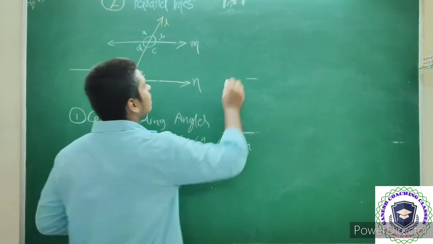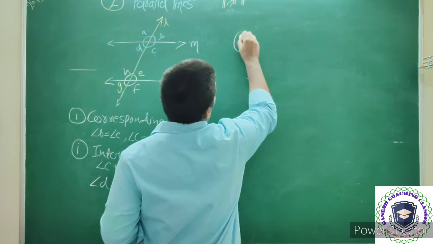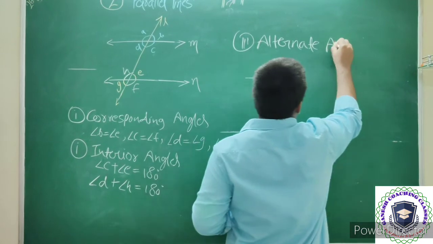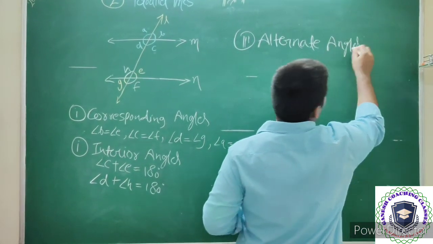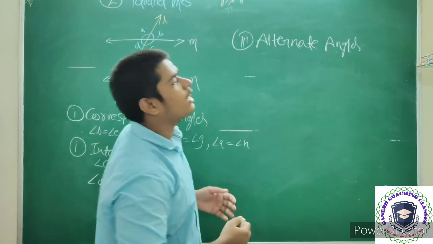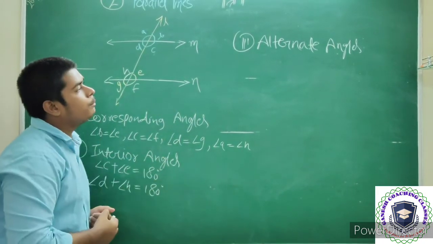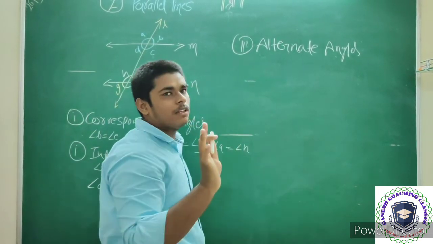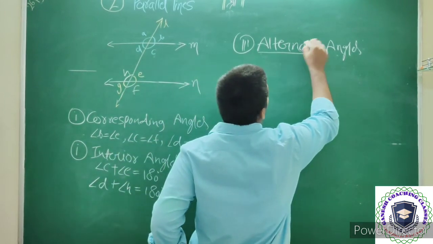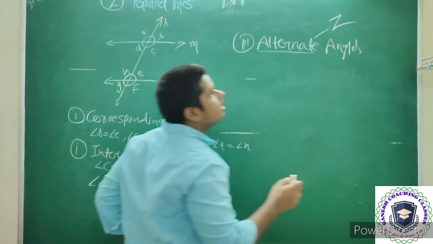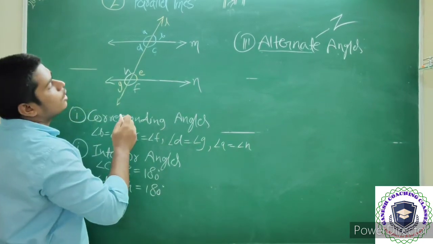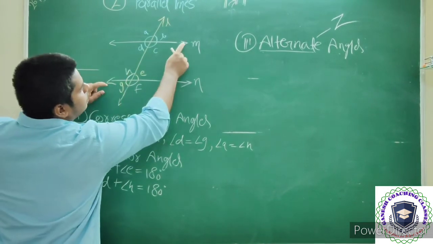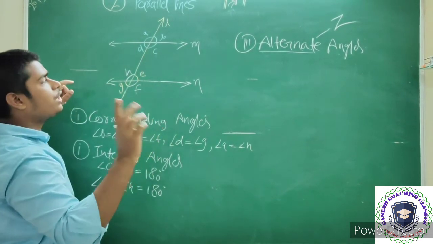And finally we learn the third one, that is alternate angles. When we are writing angles, we have to consider pairs of angles. We learned about alternate angles and vertically opposite angles: alternate angles are denoted by Z. It is drawn by Z. So firstly we have to consider Z, we have to trace Z. When we are tracing in that figure, we are getting 2 Z.